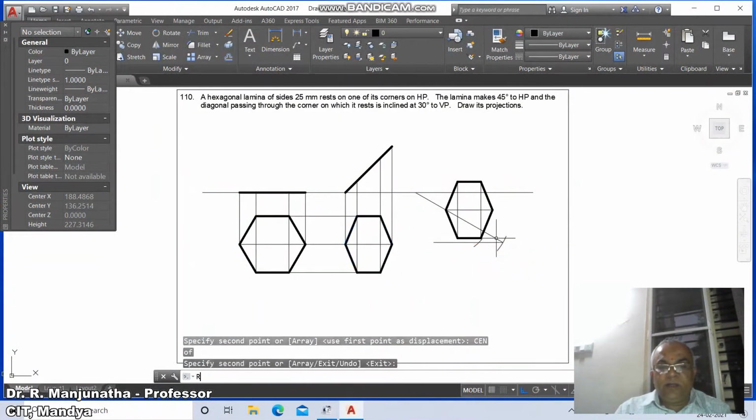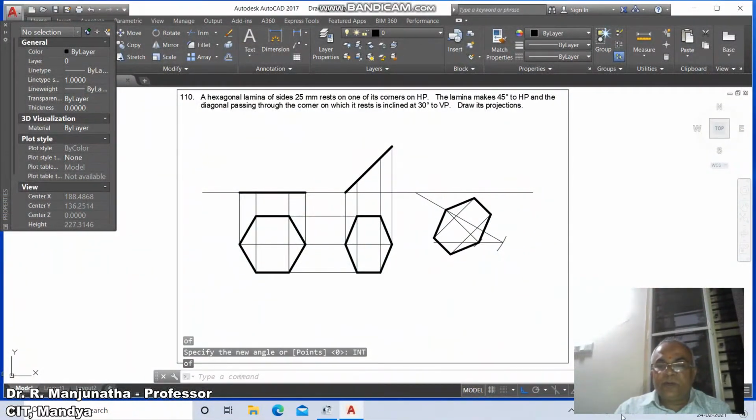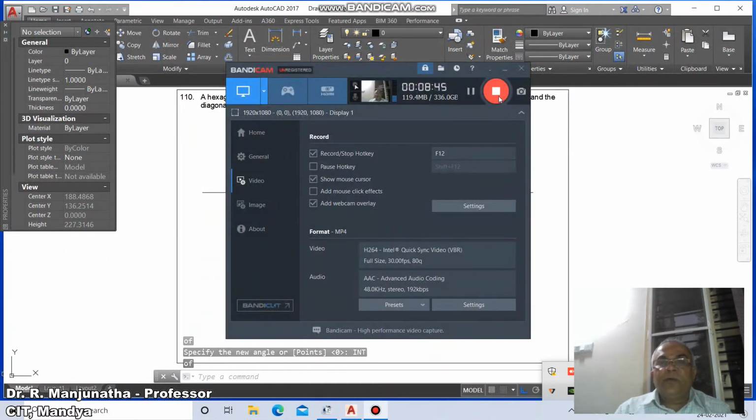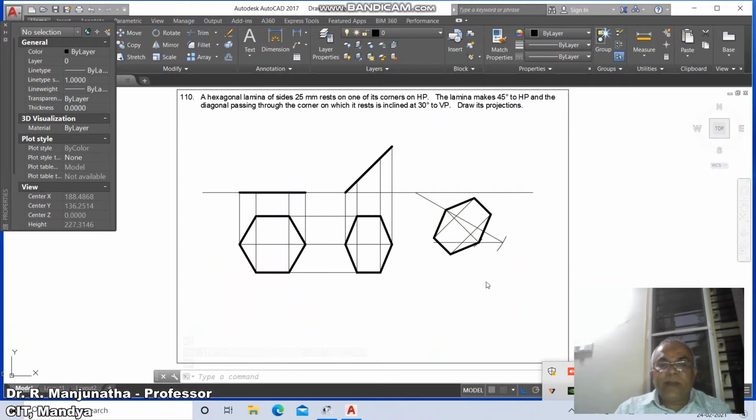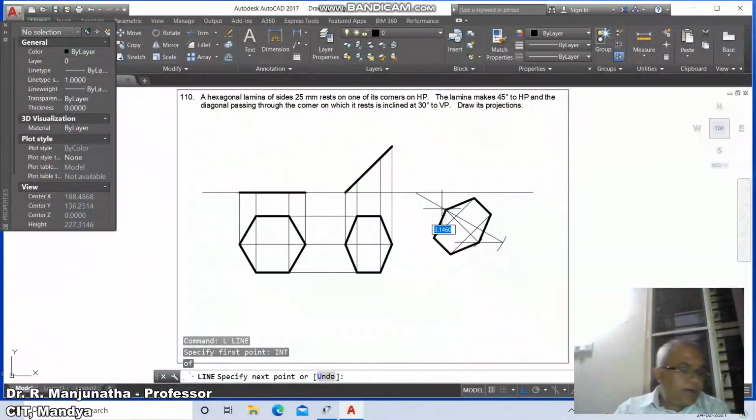Then similarly rotate, select this, base point intersection of this and take the reference as R, take the intersection point of this and the intersection point of this and the intersection point of this line. So once you do that, now we go for break. Now we go for break this line till here and go to line, take the intersection point of this and perpendicular to this,